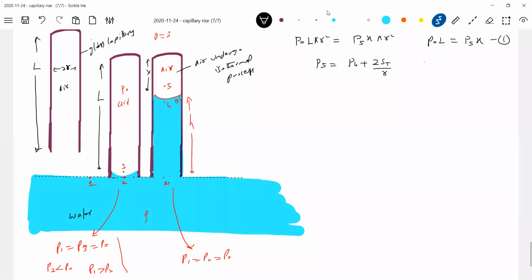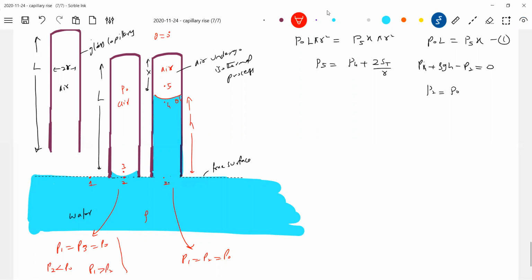Next, after this, the P5 value we know. Okay, now P4 plus rho GH minus P2 equals 0. What is the pressure at 2? Pressure at 2 should be P naught, no? Why? Because there's a free surface. Earlier, pressure at 2 was less than P naught. Now once the liquid rises to a certain height, pressure at 2 will become equal to P naught, because if you draw a horizontal line, pressure must be the same. And the pressure at this point should be equal to P naught.